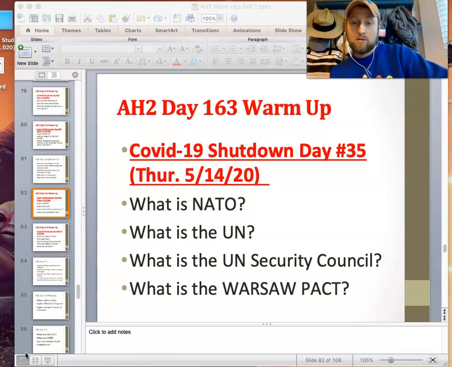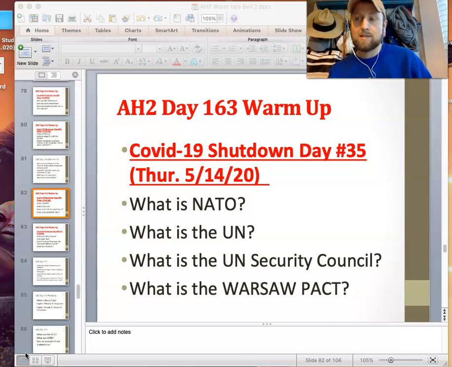The UN is headquartered in New York. It's the United Nations. It's an international peacekeeping organization. Their goal is to prevent war via diplomacy. Let's talk it out instead of fight it out. What is the UN Security Council? There are 15 countries who make the major decisions as far as the UN's concerned. There's 5 permanent members, the US, China, Russia, France, and England, and all 5 of those have to agree for the UN to take action on an issue.